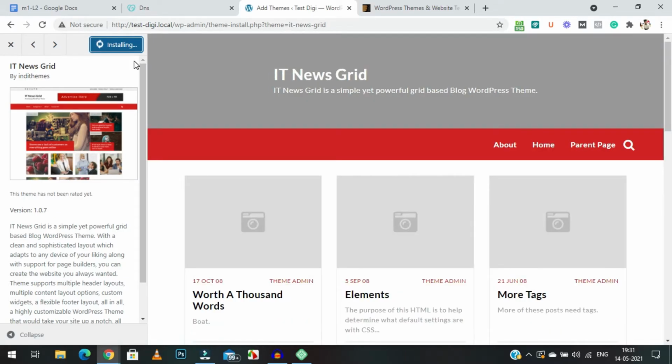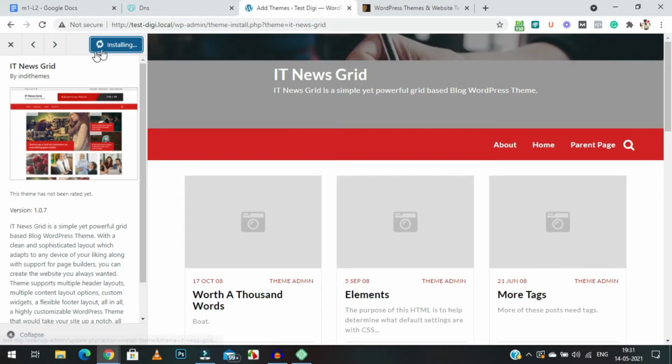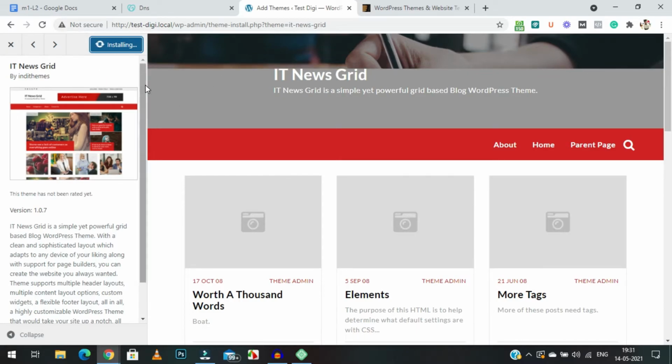So click on install and it will start installing the theme on your website. Your website will look initially like this. This is really amazing. You just need to customize it a little bit. I will show you in a moment how to customize that, but before that, let's just get it installed, and after installing we'll move towards how to customize this theme.